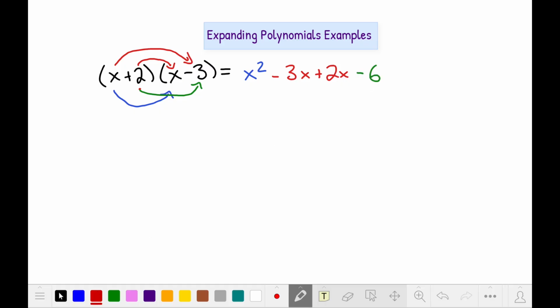All right, now in the case where everything was nice and positive, everything just added up nicely. Here the same thing applies, it's just that that little negative sign is going to mean that it's going to be a subtraction in the red terms. And then we have to be careful when we're multiplying the two non-x terms, because the fact that there's a minus is going to change the sign. But at the end of the day,